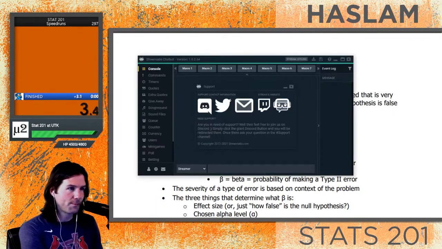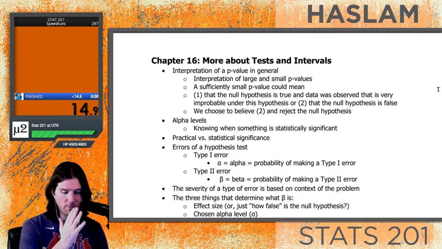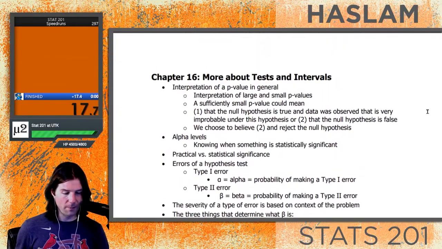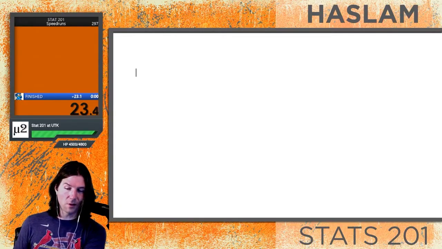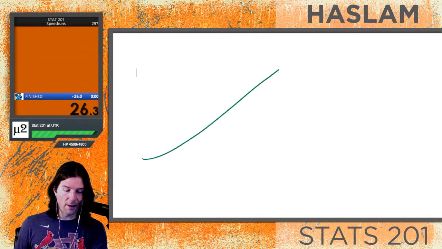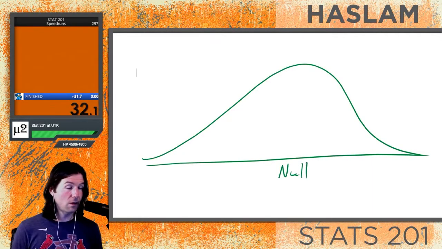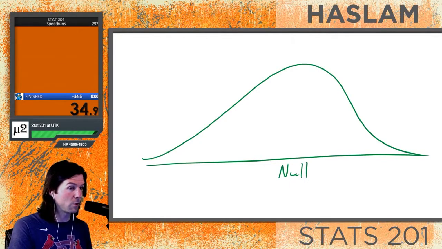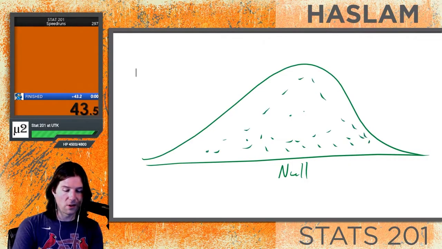Interpretations of a p-value in general. We've talked about this a lot in these videos so far. A p-value is the probability of our results or results more extreme happening by random chance variation, given that the null is true. What do we mean by that? When we talk about a p-value, we have to assume the null is true. That's a huge thing for the p-value. So the null is at the center of the curve. The most likely thing to see if the null is true is the null. Think of this as a dartboard, where the distribution of where the darts land is shown right here, and most darts are going to land towards the center.